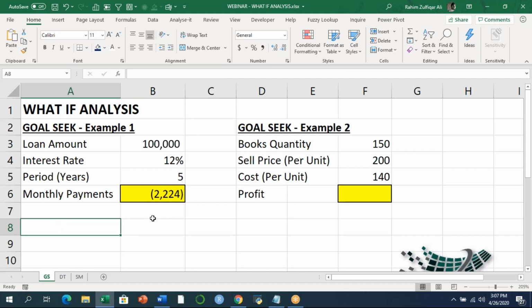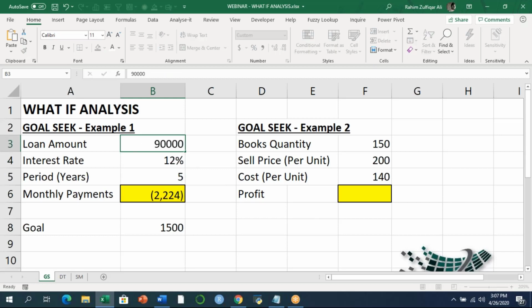We find out that if we take 1 lakh rupees at 12% for 5 years, we need to pay 2,224, right? But our condition is that we can't pay 2,224. We can pay, let's suppose, 1,500 as a monthly payment. So we know what our goal is. We know the answer first, but we don't know how many times I will change the loan amount to get the monthly payment to exactly 1,500. So I try some guesses on the data: I change the loan amount, it shrinks down to 2000. Further, I decrease the loan amount, and it goes to 1700.